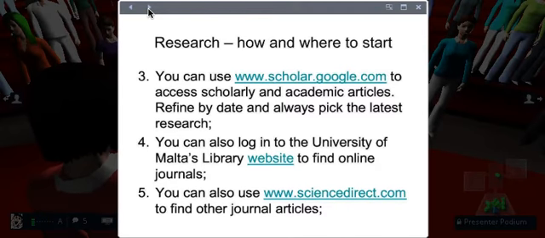And as such, because University of Malta Library have purchased some licenses from SpringerLink, you will have access to a number of journal articles. Science Direct is another excellent site where I look for journal articles.